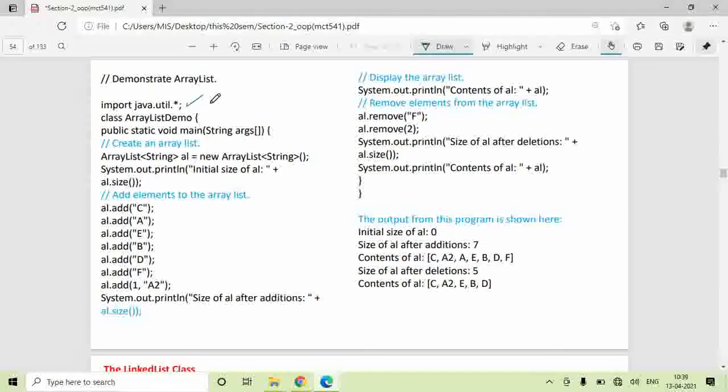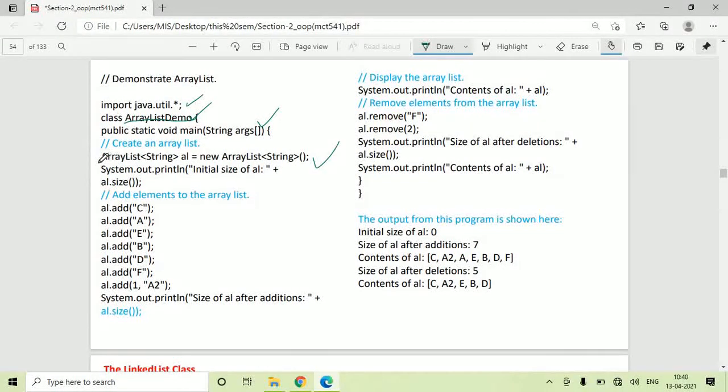Now we have created a class ArrayListDemo, a name of your choice. Now the main method. Inside the main method, you want to create an ArrayList, so you have to create an object of ArrayList.